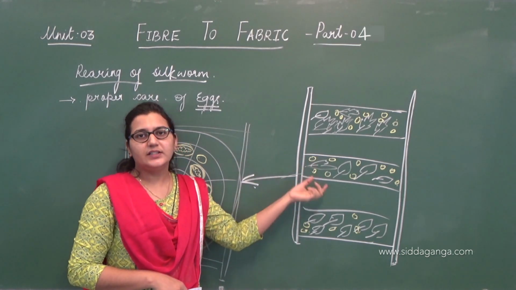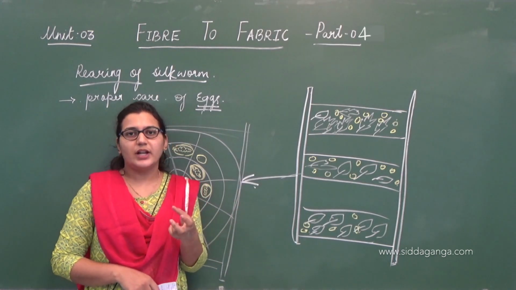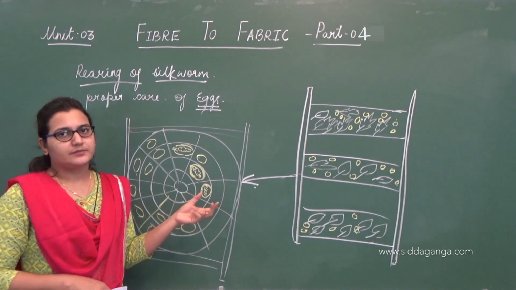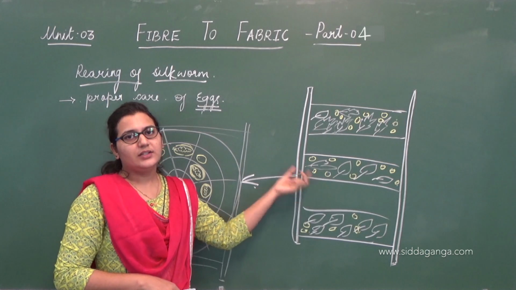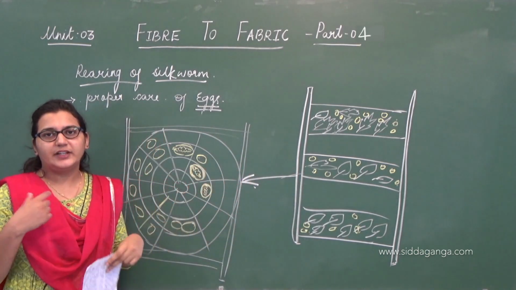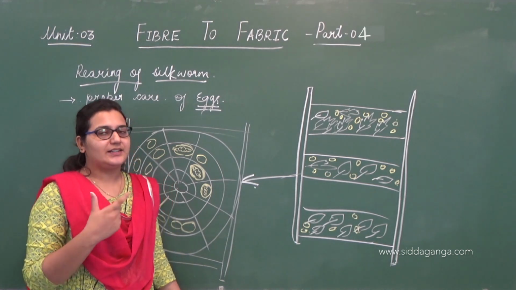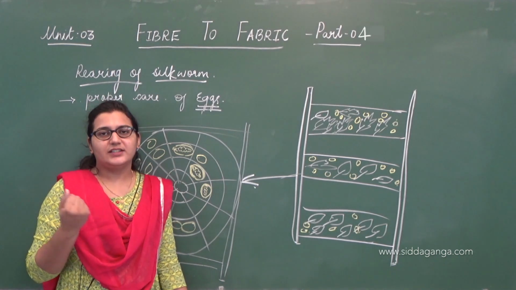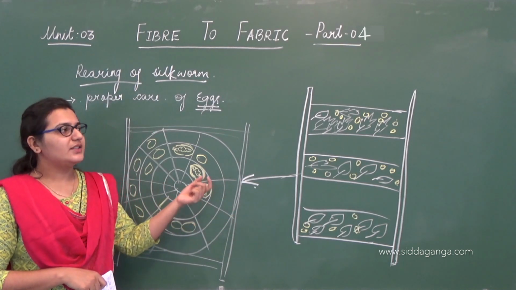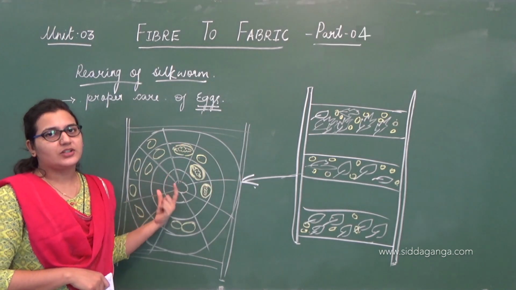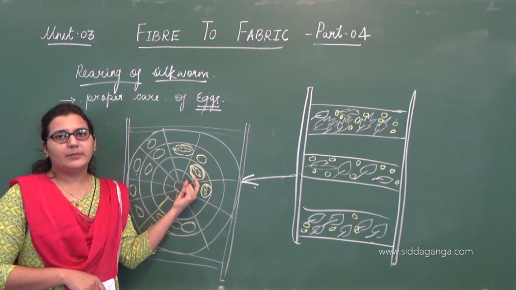Even while feeding the leaves, we have to take care what kind of leaves we are feeding. We have to feed them good and nutritive leaves. Once they start feeding, they eat nicely, like anything. They'll eat vigorously for around 25 to 30 days, day and night, and they'll get the energy and the nutrition to secrete this protein. When they start secreting, they are shifted to one more structure, and this is where they make cocoons.